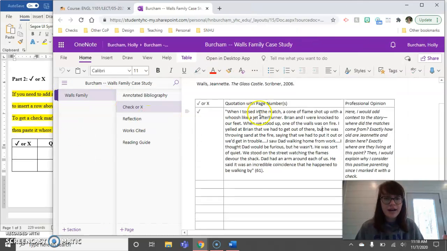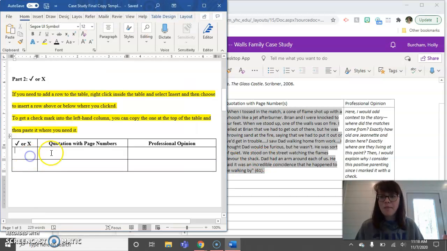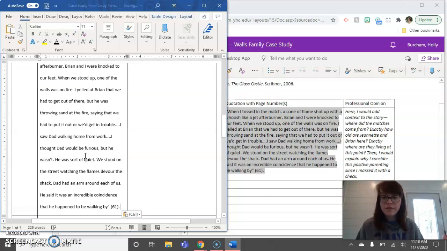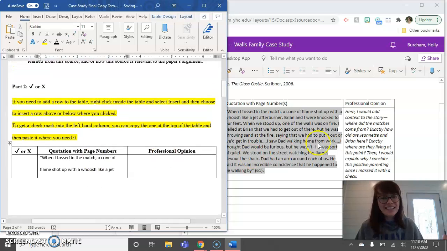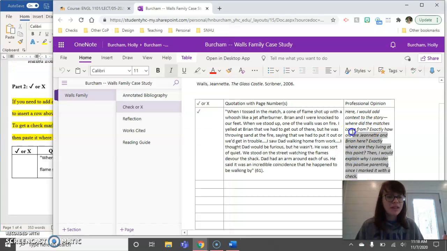Okay. Now, I'm going to go ahead and copy all of my quotation with page numbers. So I'm going to highlight it, hold down Control, and then hit C. I'm going to come back over to the Word document, click into the box that says quotation with page numbers. I'm going to hit Control V, and there it is. I'm going to do the same for the professional opinion. Control C,